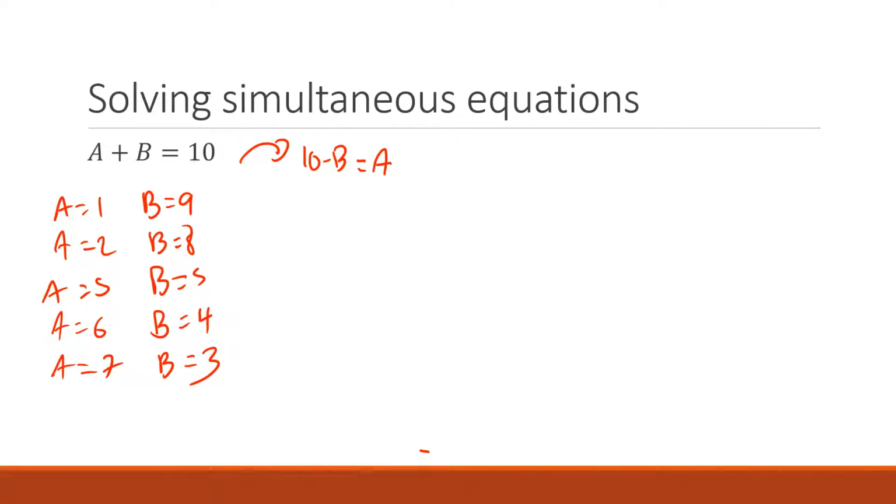So you might think, all right, that's it. They're all the possible solutions. But if you start to think about it, you start to see that that's not all the possible solutions. What's this? That one works. A equals 11, B equals -1. 11 plus -1 equals 10. Who can give me another one where one of the numbers is larger than 10?